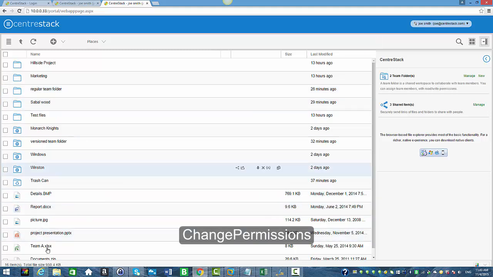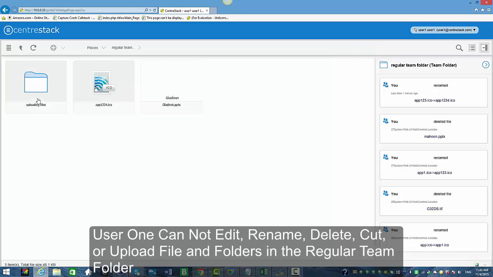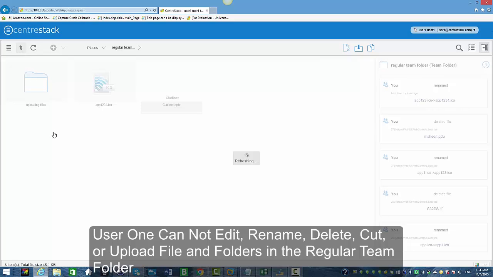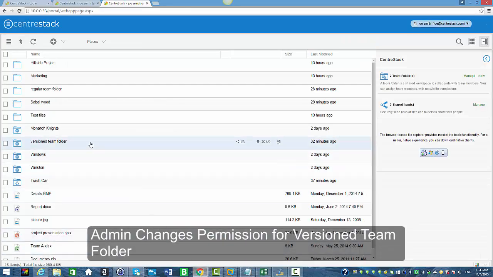I'm going to go into the user's web portal and refresh the page. Now for the regular team folders, this user only has read and list, does not have rename and delete enabled. So cannot rename and delete the files. Could only read them and download them and copy them, but cannot edit them and modify them, cannot upload files in this folder. We're going to go back to the admin's web portal, and I'm going to